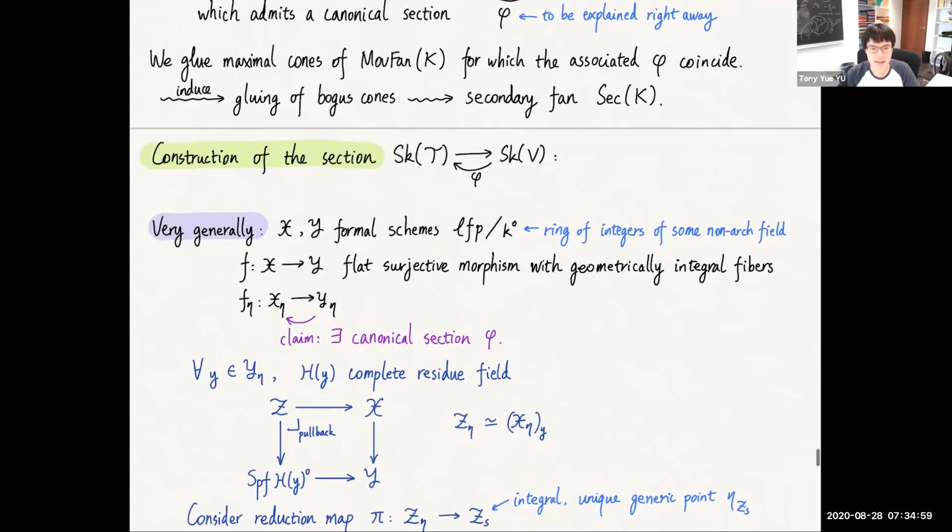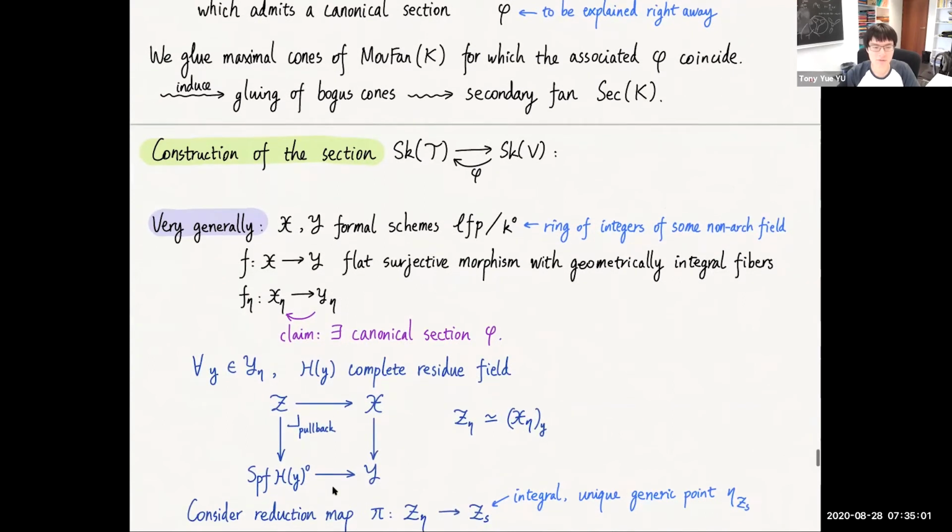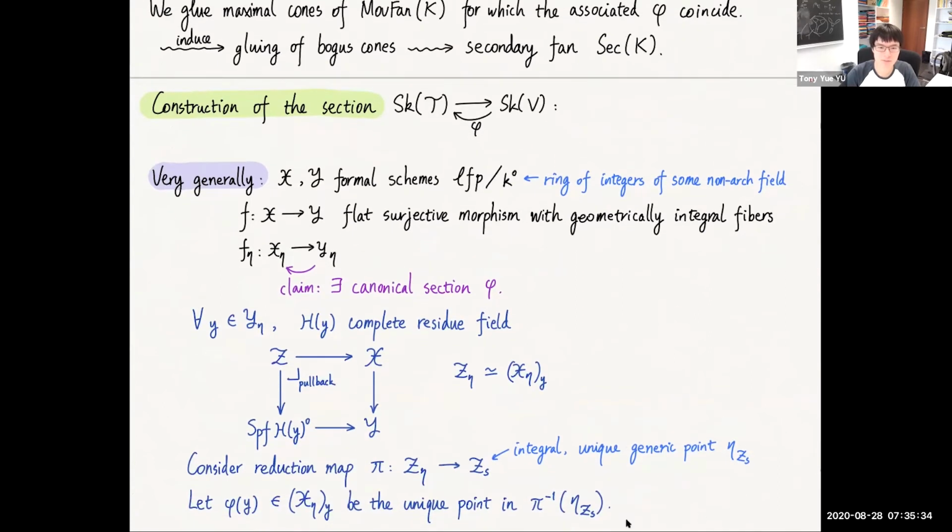And now let's consider the reduction map for this formal scheme curly Z. So for any such formal scheme of locally finite presentation, we always have a reduction map from the generic fiber of the formal scheme to the special fiber. And by our assumption, the special fiber is integral. So it has a unique generic point, eta Z S. And by Berkovich theory,